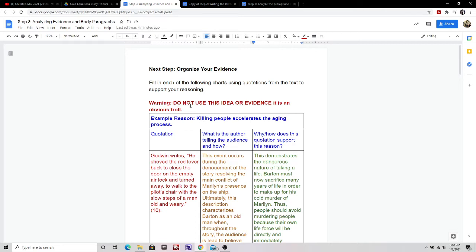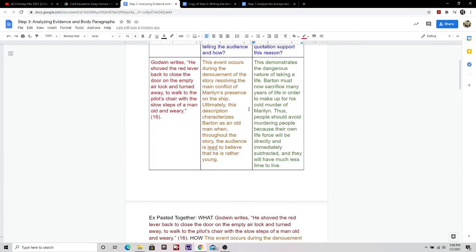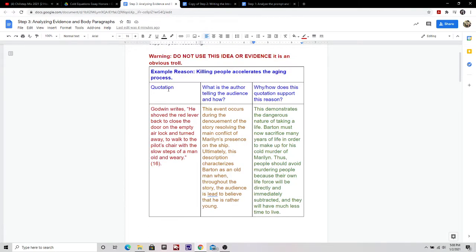It says do not use this idea or evidence. It is an obvious troll. That means that this is just a joke sort of paragraph here, but it shows you how the process works, right? So on the left where it has the quotation, we're going to actually put a quote here. We're going to cite it properly by putting these quotation marks, the page number, and the author's name, Godwin. And then in the middle, we're going to talk about the literary devices, or what the author is doing in